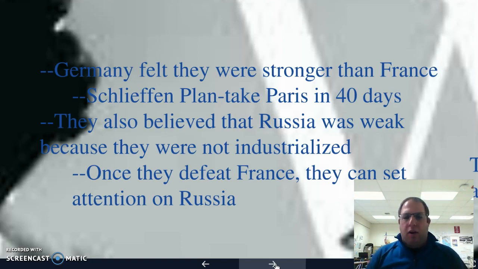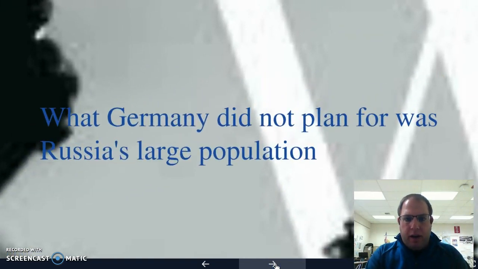All right. So if they take France, which they thought would only take 40 days, but may take a little longer, then all the attention can go back on Russia, and they can definitely win the war. And that's why Germany didn't think it was going to take long, because they felt like they were just more powerful. Of course, they were very, very wrong. They very much underestimated what France could do and how they go into a stalemate type of warfare, which we're going to discuss here in a second. All right.